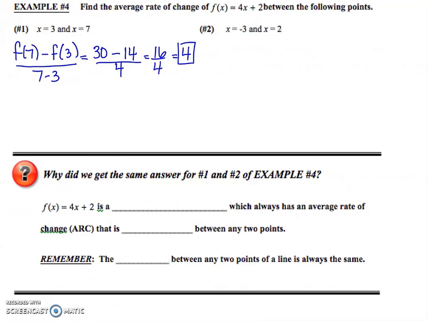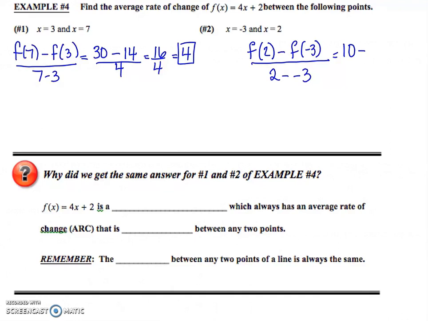Now we're going to find the average rate of change between two different points on the graph, x equals negative 3 and x equals positive 2. So just a very similar calculation. We're going to do f of 2 minus f of negative 3 over 2 minus negative 3. F of 2, 4 times 2 is 8, 8 plus 2 is 10, so f of 2 is 10 minus